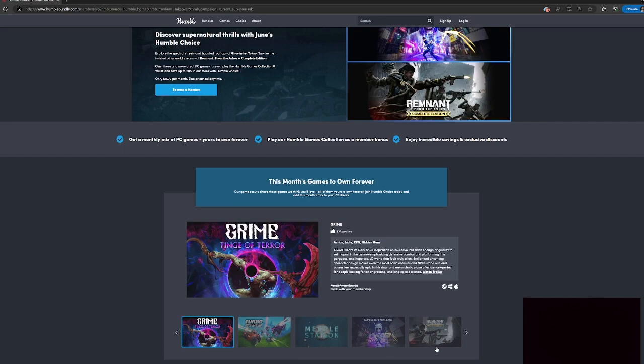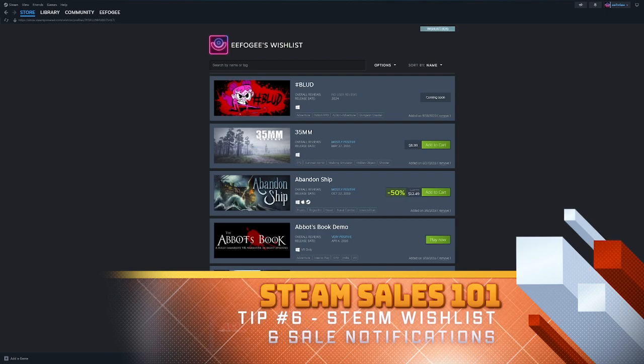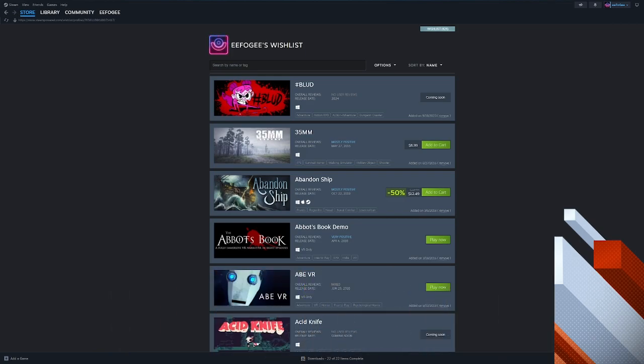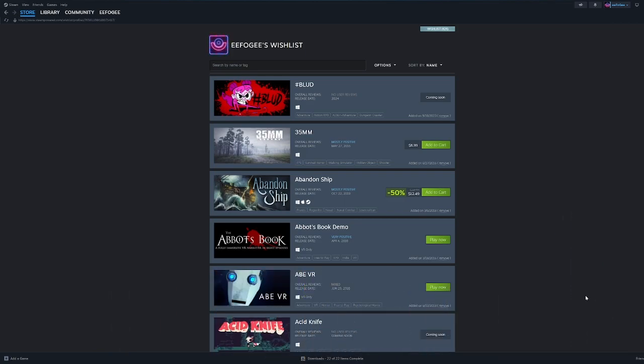Let's jump to the next one. Tip number 6 is more along the lines of just, I guess, FYI. It's not really a specific thing that's unique to any sale that's going on or anything like that. It's just sales go on all the time. And one of the best ways to find out if a game's on sale, and this could be very basic for everybody to understand, or you may be brand new to Steam, like I said early on in the video, and this may be helpful,